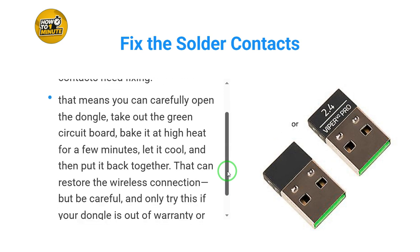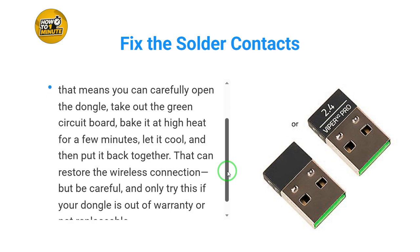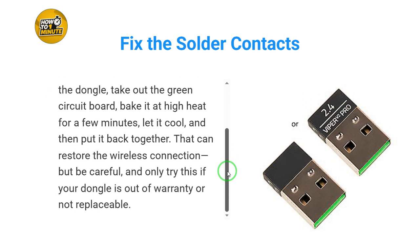That means you can carefully open the dongle, take out the green circuit board, bake it at high heat for a few minutes, let it cool, and then put it back together. That can restore the wireless connection, but be careful, and only try this if your dongle is out of warranty